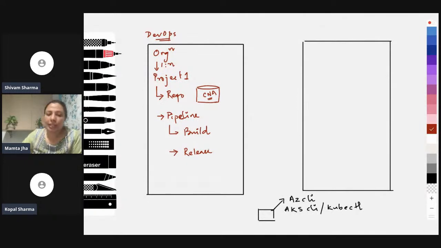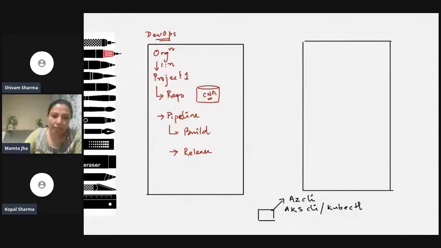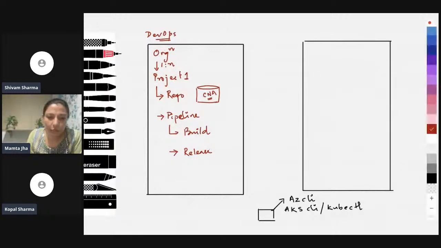I saw someone asking which pipeline we would be doing. For today, we're doing a GUI-based pipeline, but YAML pipeline is something we want to keep for the future. We would certainly be doing the YAML pipeline as well in our upcoming webinars.